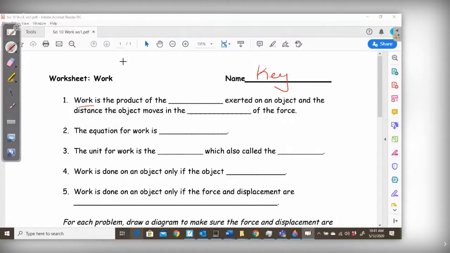If we go back just to review, we have F is equal to mg. That's the force of gravity, the mass times the gravitational field strength. And then we were using a circle, not that the shape is important by any means, but it just gives a way of differentiating that these things are different. That work is equal to the force times the distance. So work is the product, multiplication of the force exerted on an object and the distance the object moves in the direction